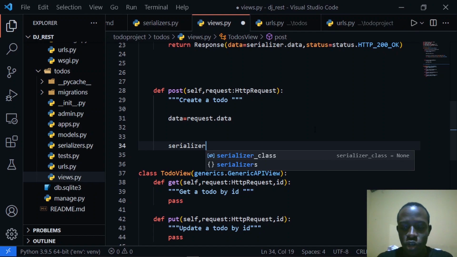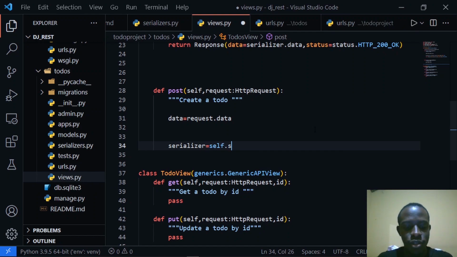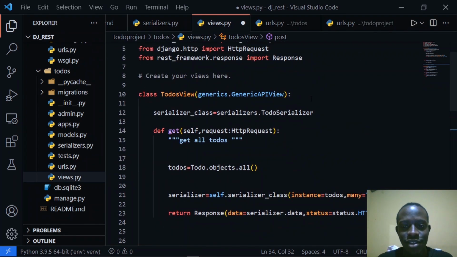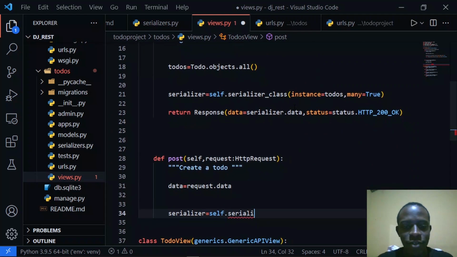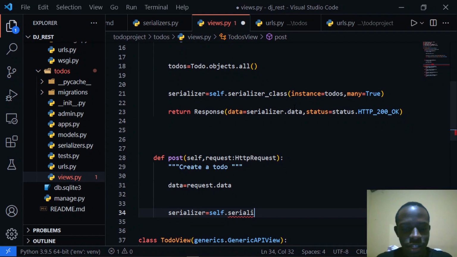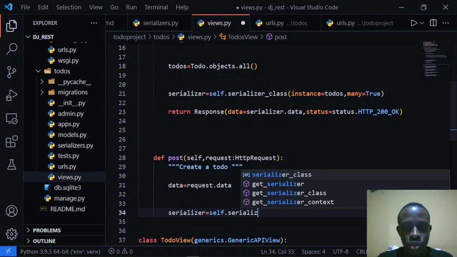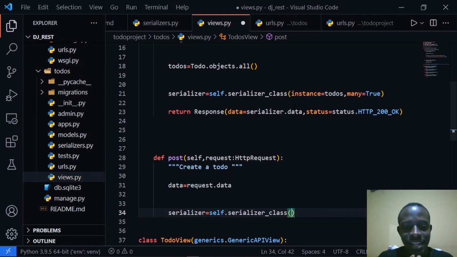So serializer is going to be equal to self.serializer. So we're going to create an instance of our serializer class, which is here, the to-do serializer. And then after creating the to-do serializer instance, the next thing is going to be true. So this is going to be self.serializer class, and then we shall pass in our data. So in this case, our data is going to be equal to request.data. So what we're doing here is we are getting the data from our request and then passing it in